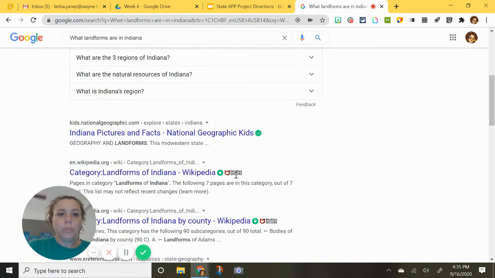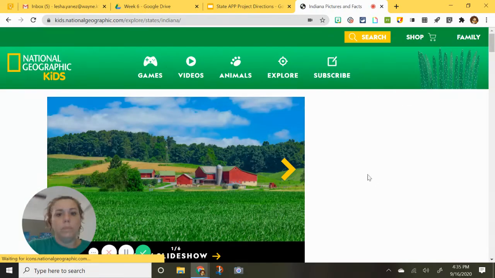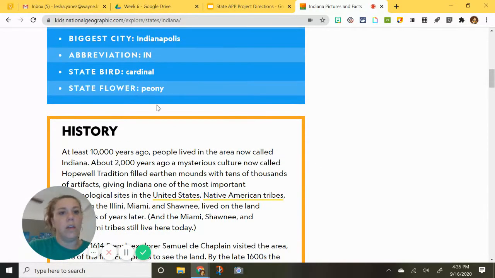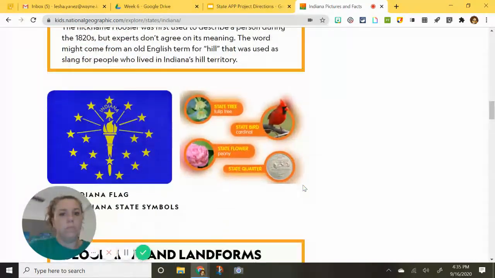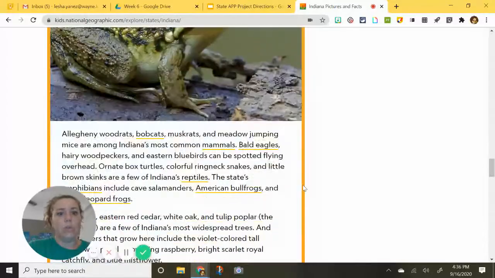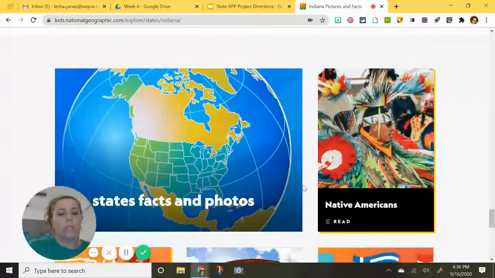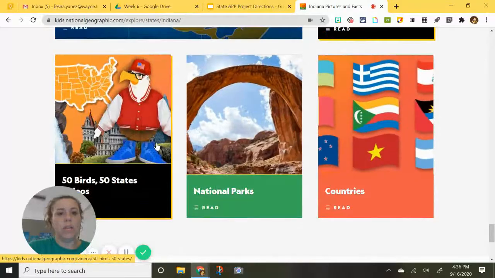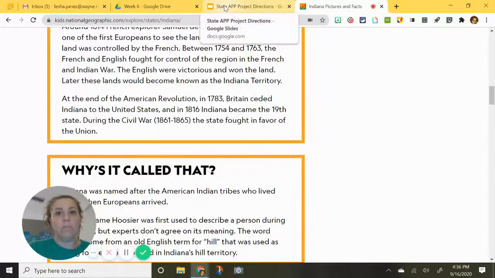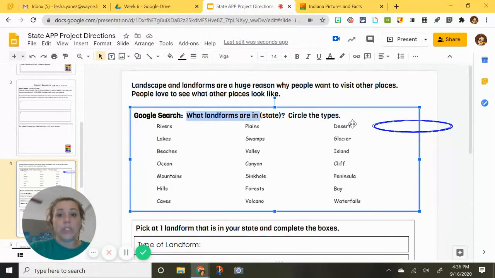Now, I personally like going to some other websites. Oh, that's kind of cool. I like this site. This might be a good one for you guys to use. Oh, yeah, I like this a lot. This is perfect. Facts, photos, national parks. That's so cool. I love this part. Okay, I just learned something new. So anyway, you're going to research that. And you have a lot of different